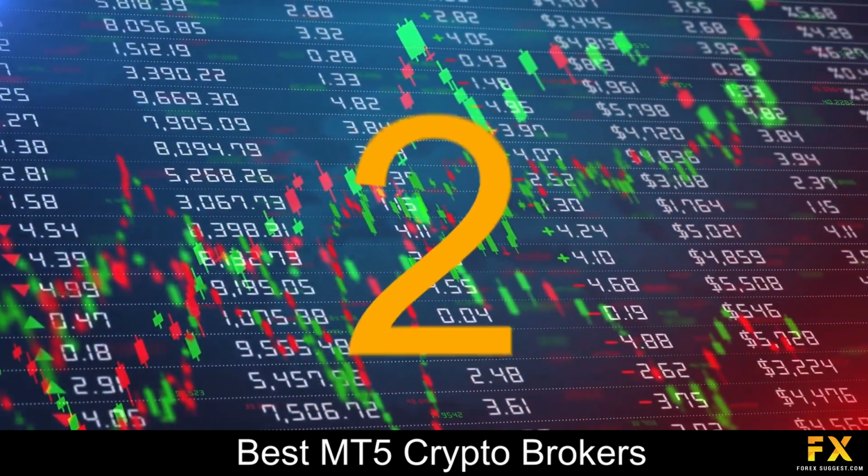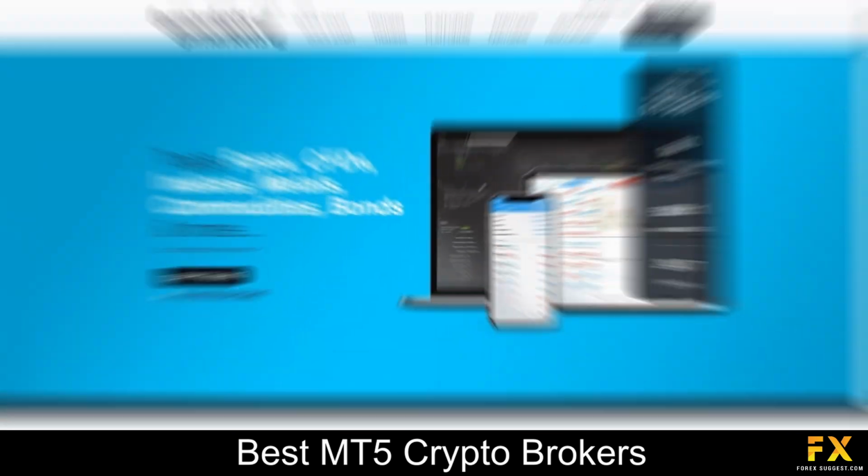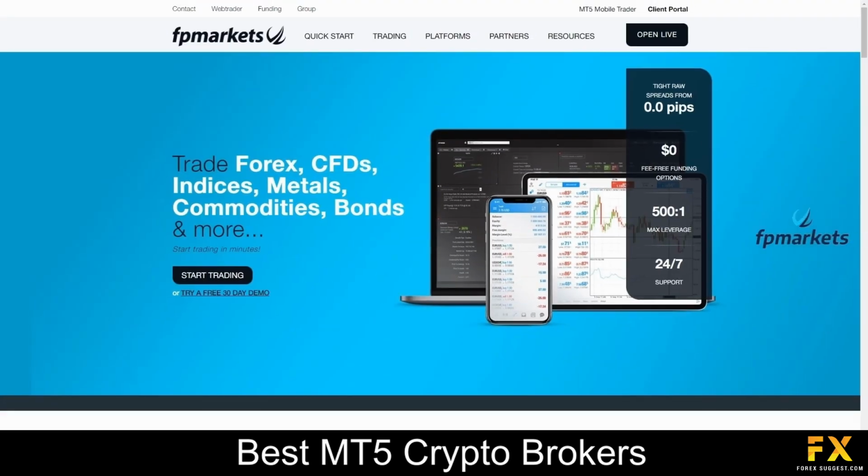At number 2 on our list is FP Markets. FP Markets is a leading online trading provider, offering access to a wide range of financial instruments, including Forex, CFDs, and commodities. With a commitment to transparency, innovation, and client satisfaction, FP Markets provides traders with cutting-edge technology, competitive pricing,